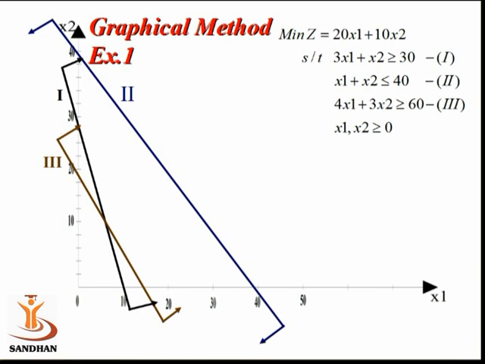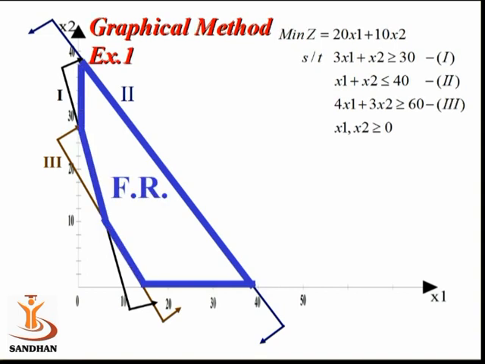Now out of all these 3 we will try to find the common region, and that common region, you can observe, is like this, and this common region is known as the feasible region. It is important to find the feasible region using all the constraint equations. Once the feasible region is with us, now we are using the extreme point method. So let us see the coordinates of the corners of this feasible region.